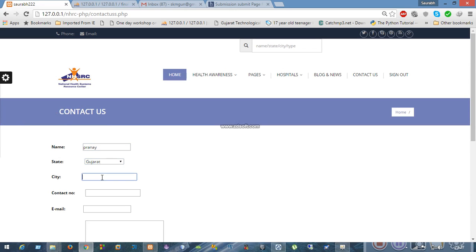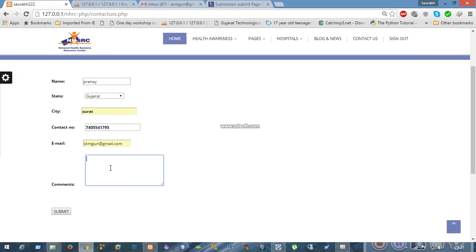So the hospital or user can contact us with this contact us form by entering their name, the state in which they are living, city, their contact number, their email, and comments, like which thing they didn't like on our website.